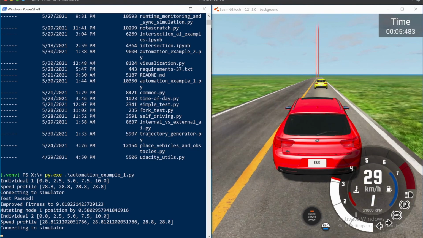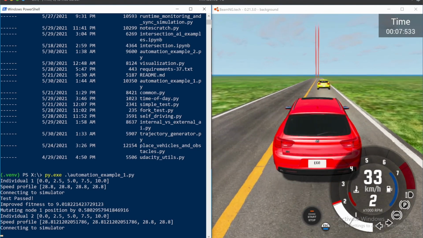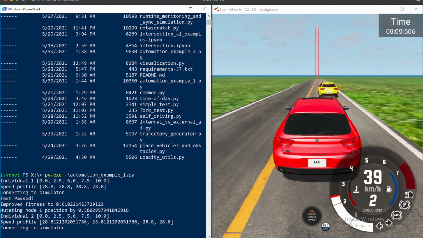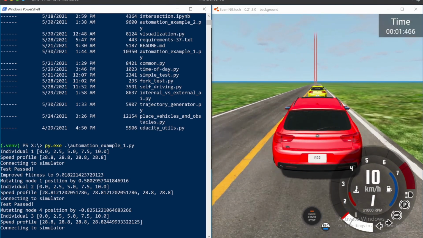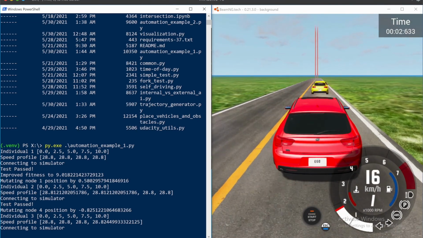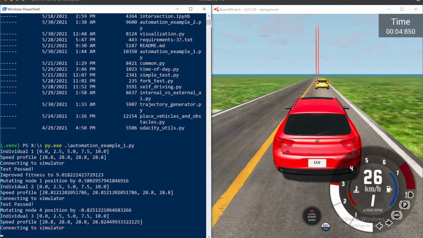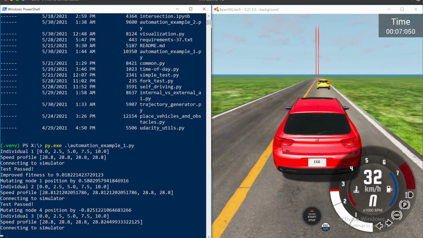It's not a big mutation, but you see that the yellow car is already moving left and right. The speed is basically the same because we haven't changed the interarrival time between the points. Now I mutate another point, and we see once again that the car in front is slightly changing its behavior, turning left and right,